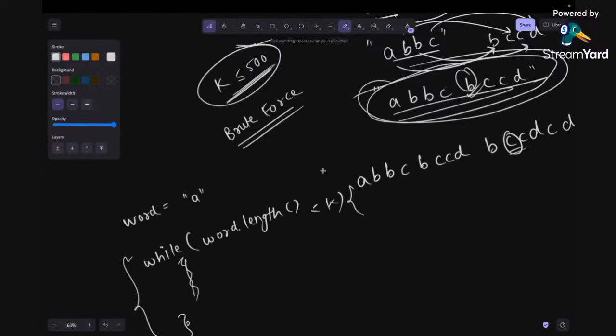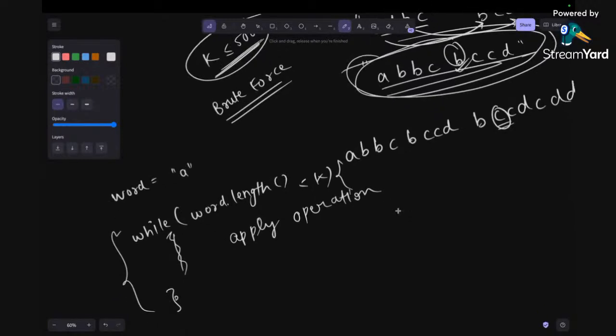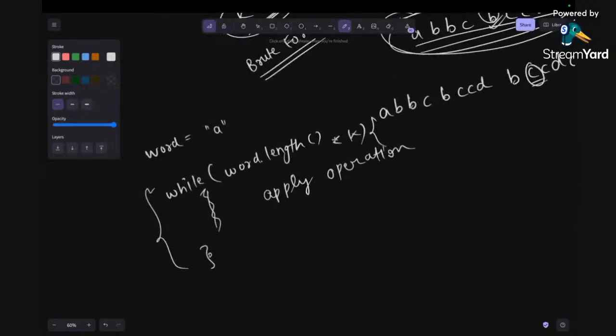As long as the length of the word is less than K, we will just apply the operation. For now, let's call it this way. And once the length of the word is greater than or equal to K, in that case, we will return